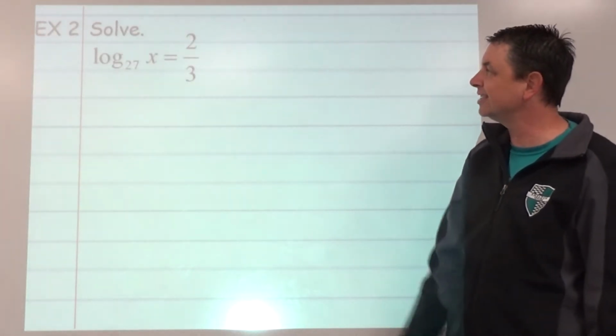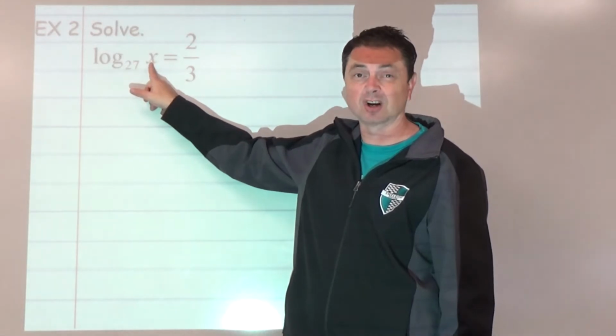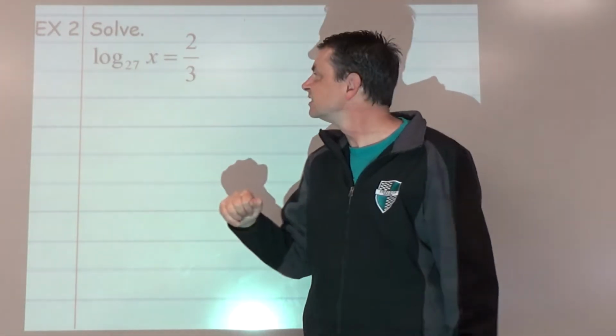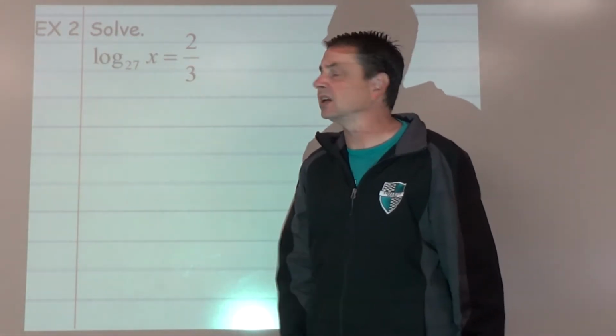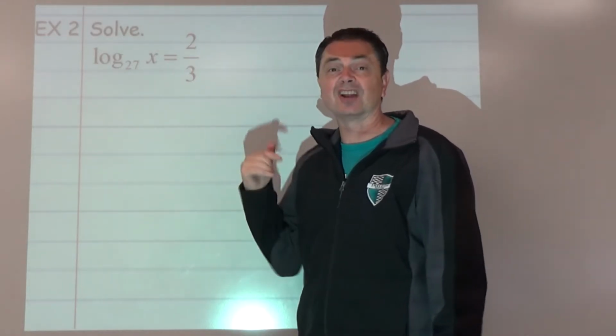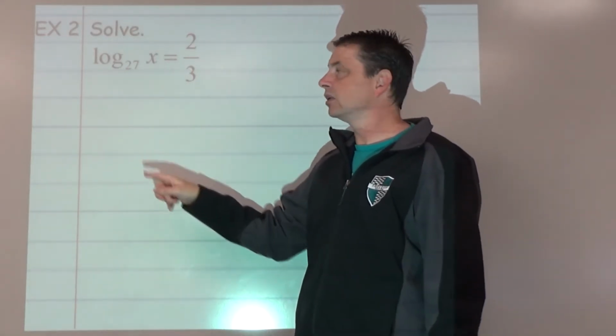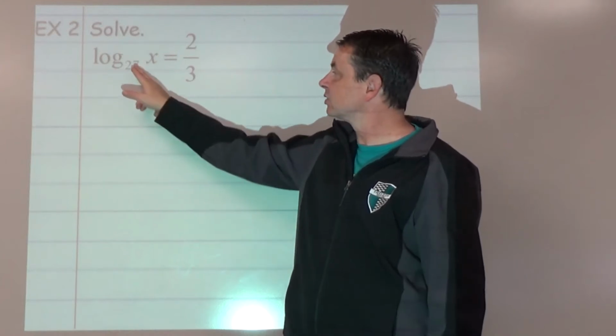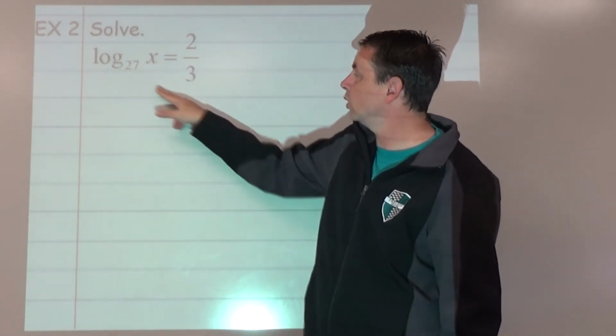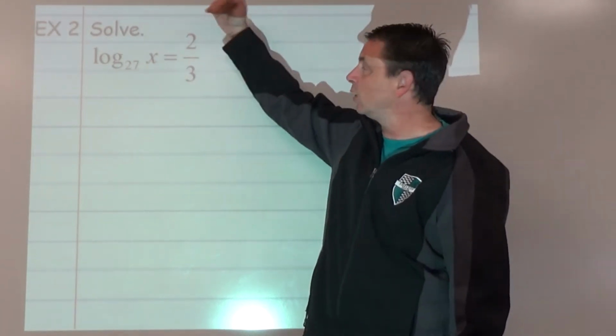Example number 2. This time it's the argument that's our unknown. That's all right. I don't think we're going to know this one off the top of our head. So let's go ahead and rewrite out of log form into exponential form. We're going to move the base, 27 to the power of